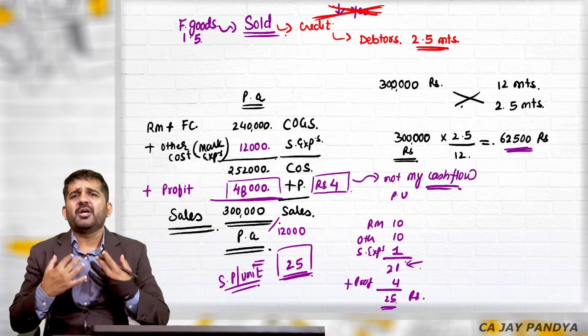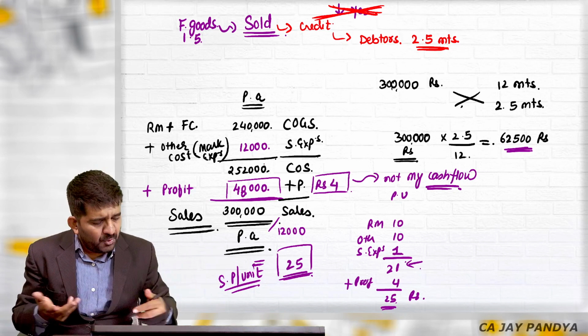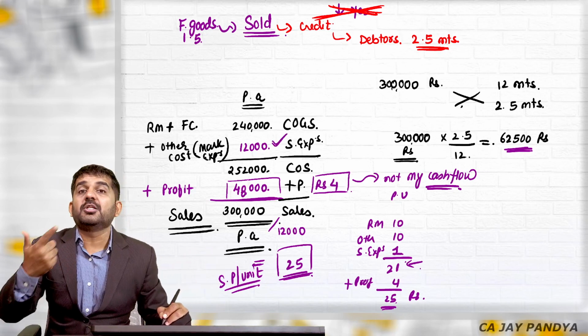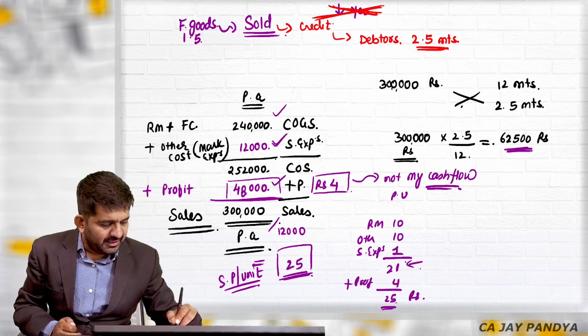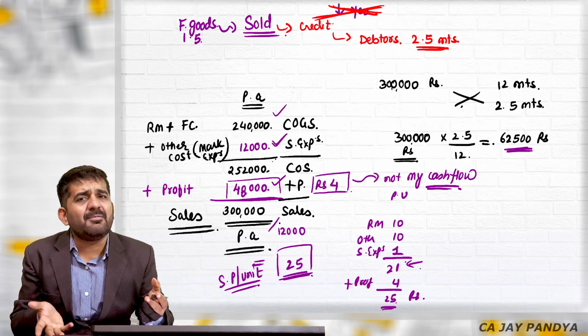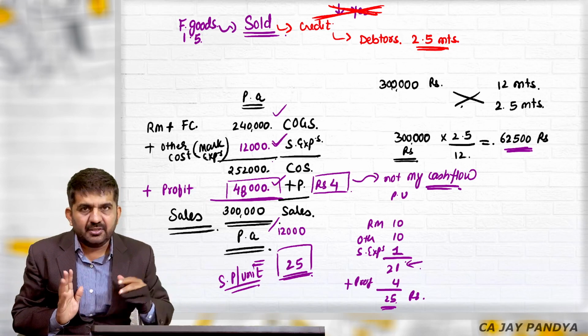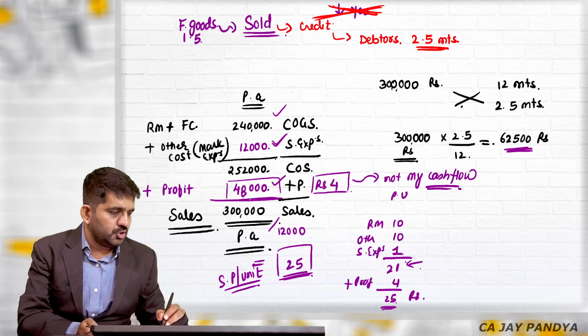See, right now what I am talking, I have not got my money back. And what will be my outflows? This 12,000 will be my outflow. This will be my outflow. But this is not my outflow. This is a profit which I am going to earn when I sell my goods and when I receive the money. So there is no cash outflow happening in this 48,000. So only,